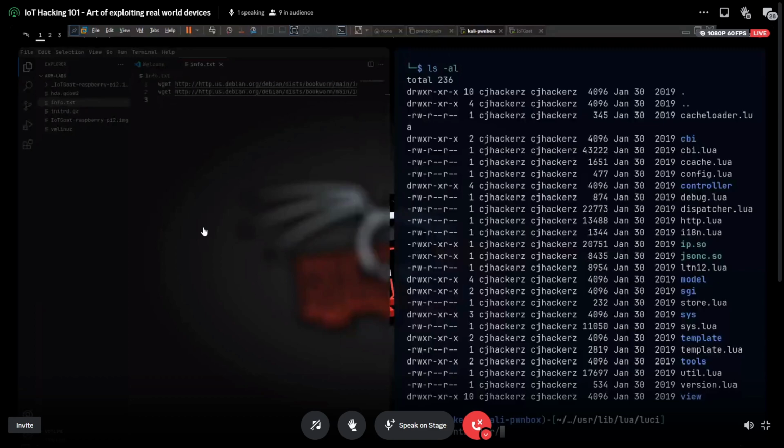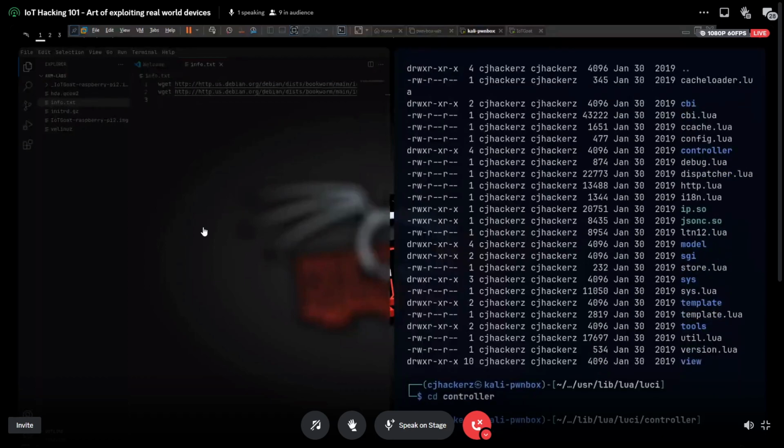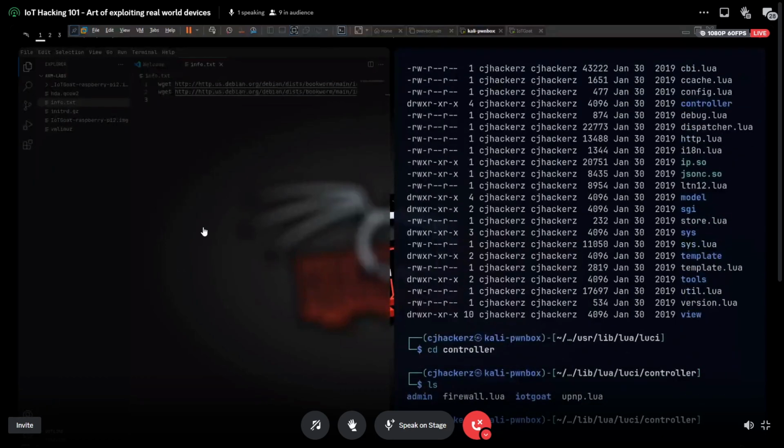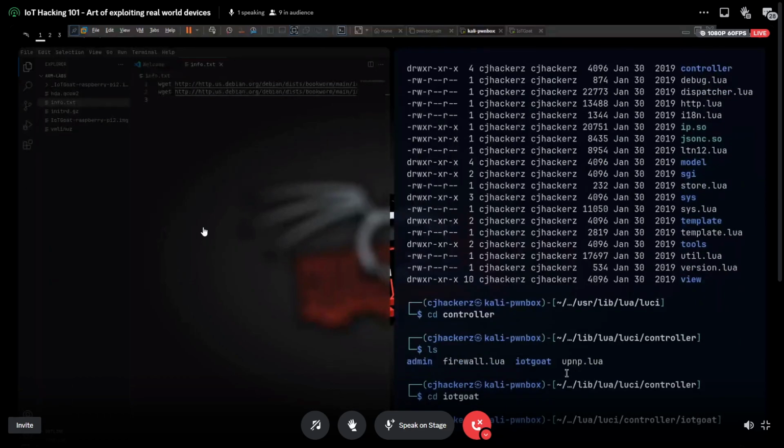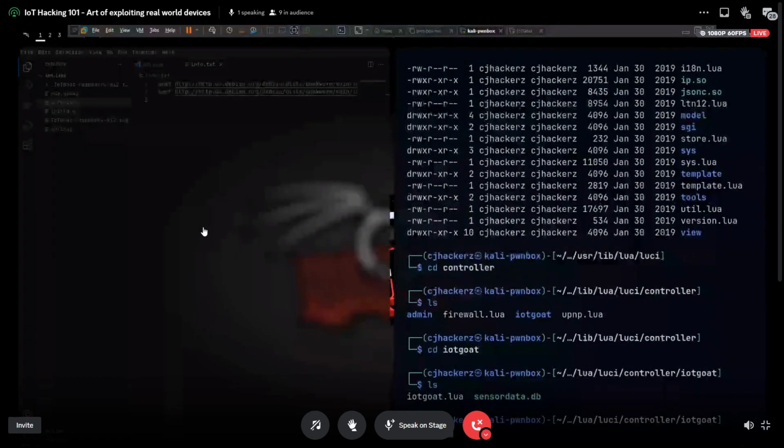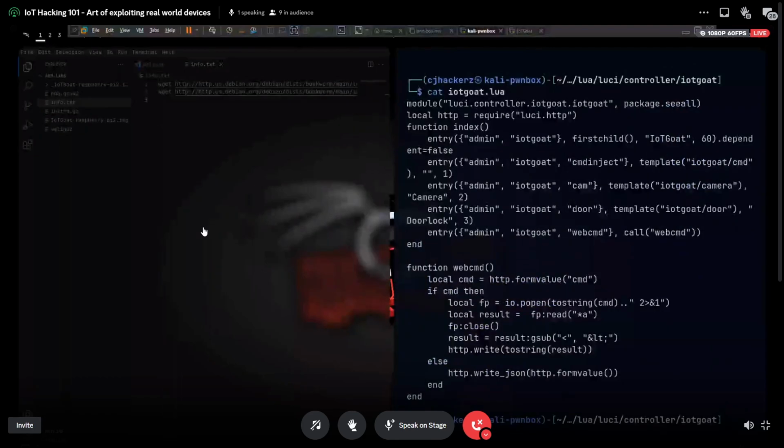Controllers also sometimes have routes, like certain features, which might not be there in the GUI. As you can see over here, there is this controller. I'm gonna go to IoTGOAT.lua.